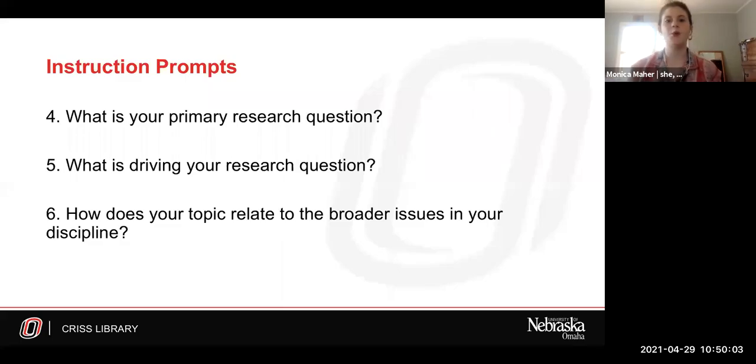The 4th question, what is your primary research question? So related to the student's area of focus, what primary research questions are they asking? Their primary research question initially acts as a guide to draw the scope of their review. But as they start reading the literature, they might end up refining their ideas and also revising their question.